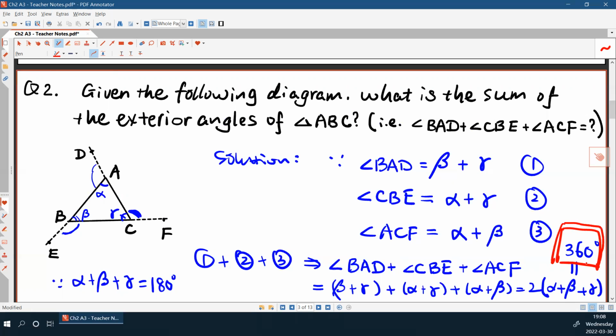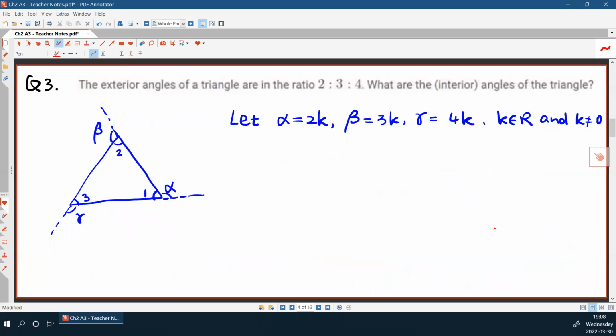Because we have already proved this, we can use it as a theorem, right? The sum of three exterior angles should equal 360 degrees. Therefore, we know that 2k plus... okay, it's better to write it explicitly here, because the sum of those three exterior angles,